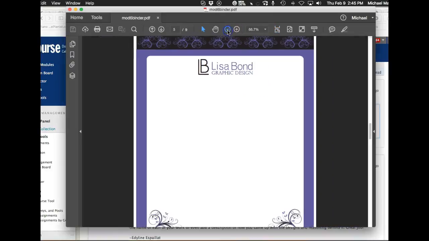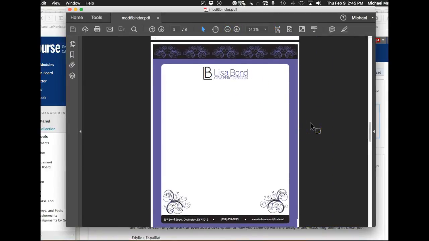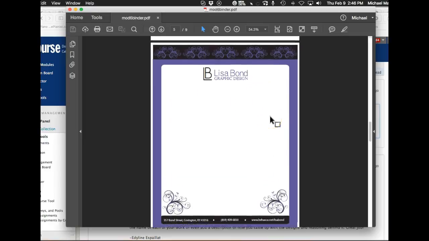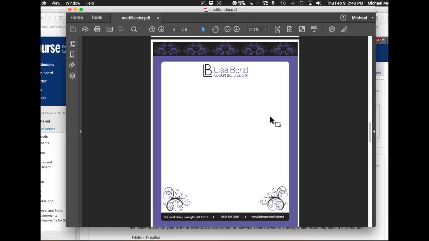Letterhead is really, really something here. I mean, it's going to be so difficult for the recipient of a correspondence from your company to be able to concentrate on the words that would presumably be written right here. There's just too much going on. I mean, this is your branding. If we've interviewed, and you're going to send me a thank you note on your branded letterhead, and I get it, and I read it, and then later on that day, somebody asks me, hey, describe that Lisa Bond thank you letter,